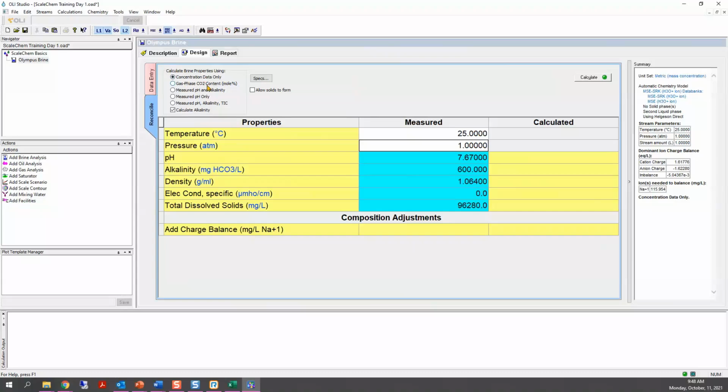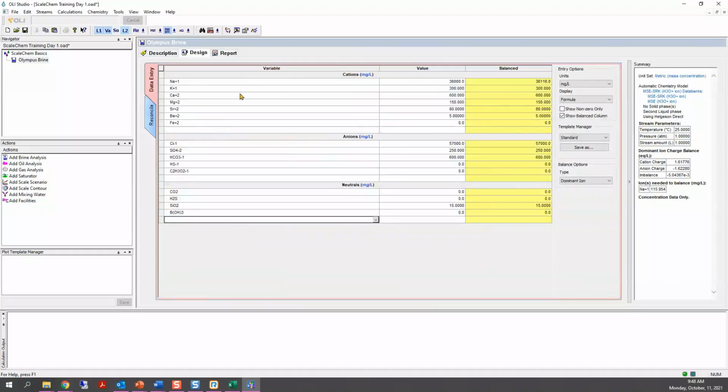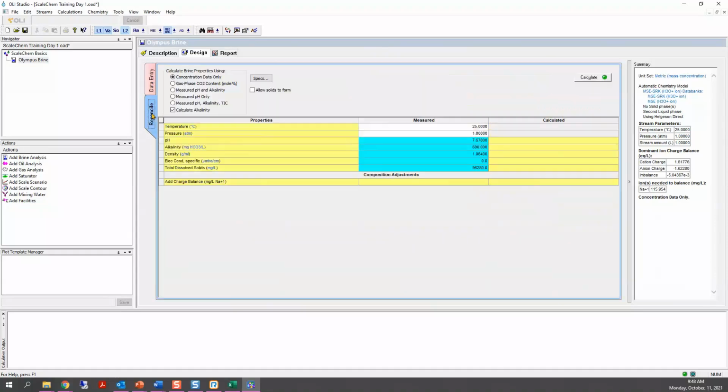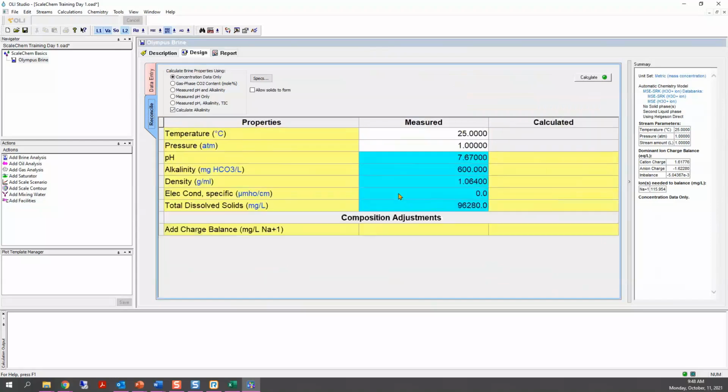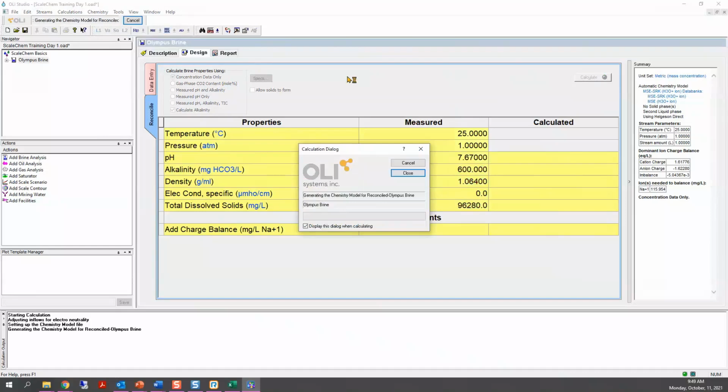With this concentration data only, the software will use all of this information we enter here to calculate the properties of this water. Then, after the calculation is done, we're going to compare whether those calculated properties are more or less close to the measured properties. So that's the first option. We can go ahead and calculate. The button is green, meaning that we are not missing any relevant information for the calculation.